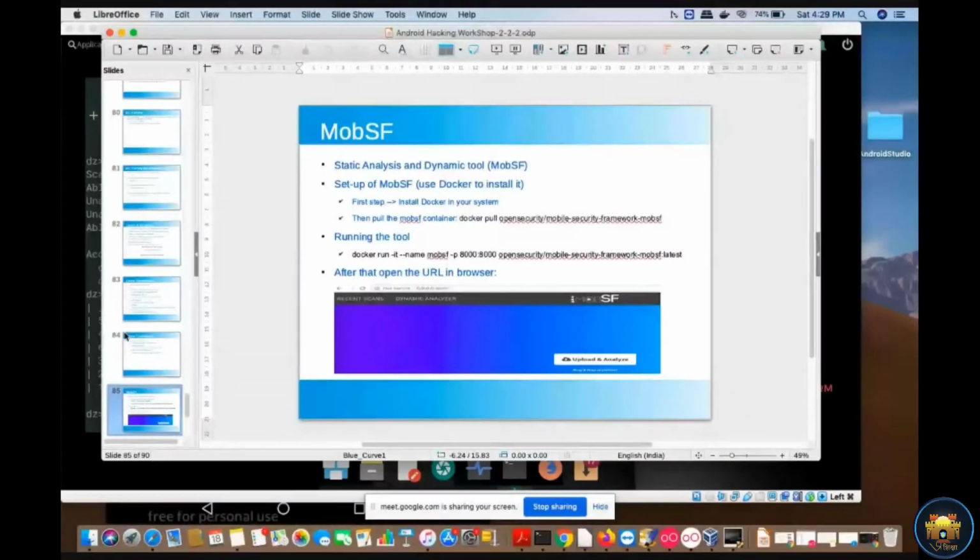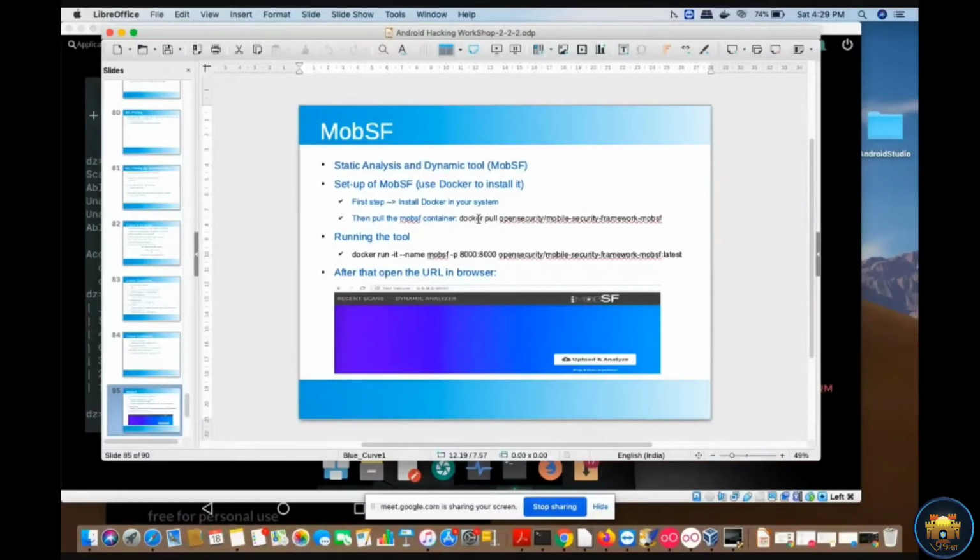To set up MobSF, our first step is to install Docker, right? It will be easier if you install Docker in your system and then execute the command to pull the container: docker pull opensecurity/mobile-security-framework-mobsf. You just need to type the command in your command prompt and this container will be pulled.